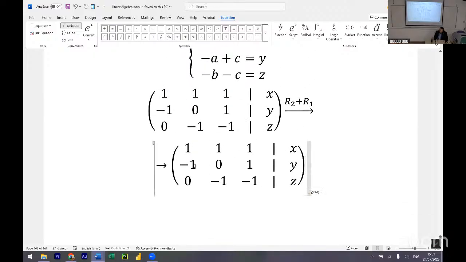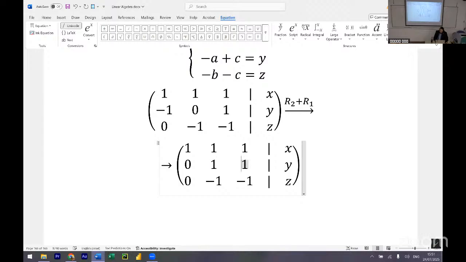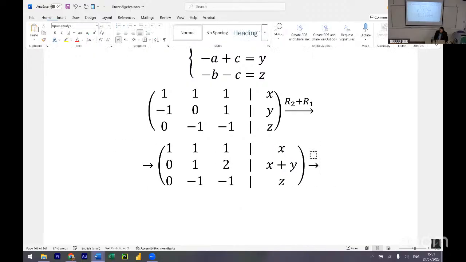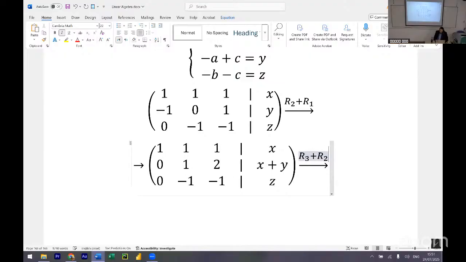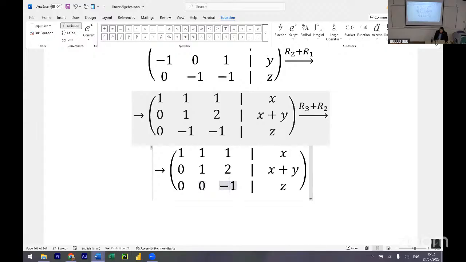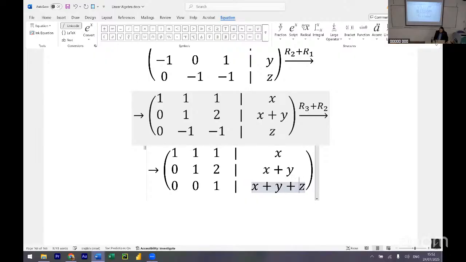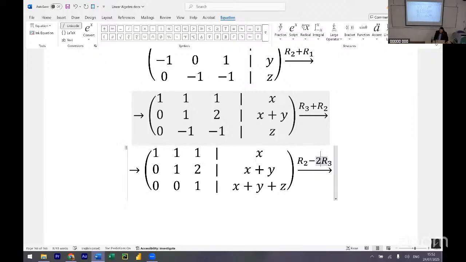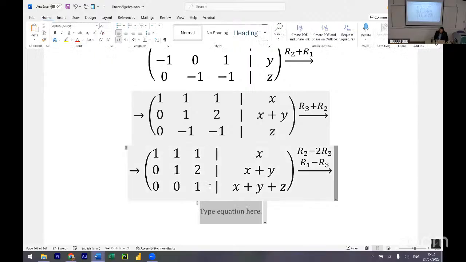So we're here, and so this is 0, 1, this is 2, this is X plus Y. Next, we do R3 plus R2 to get 0, 1, X plus Y plus Z. And now R2 minus 2 times R3, sorry. And then R1 minus R3. And we get